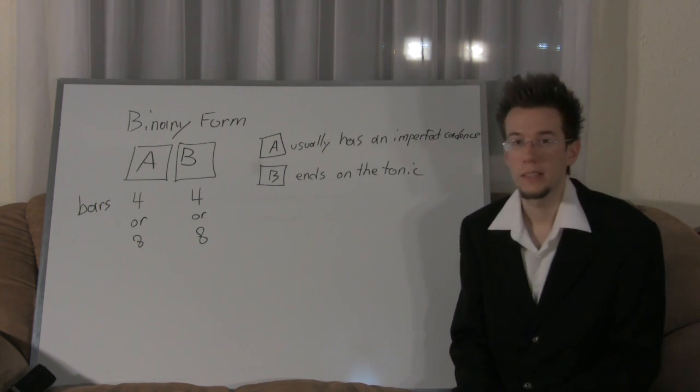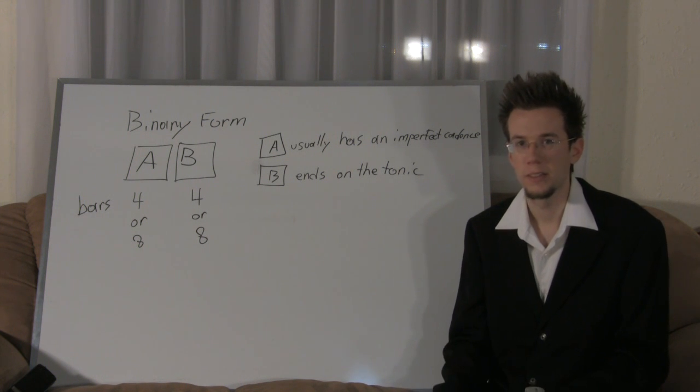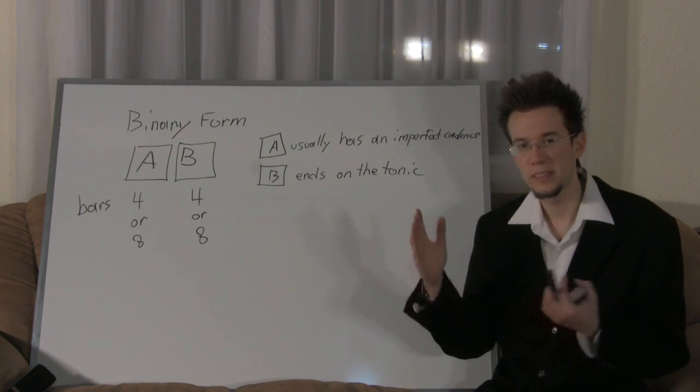Binary form consists of 2 parts. Now, just like in computers, binary code is 00110, 00111, 00110,